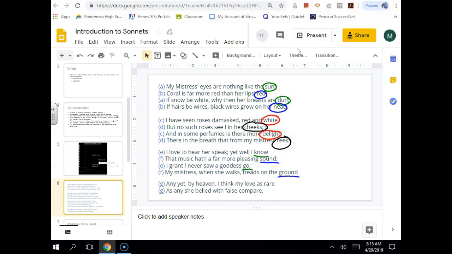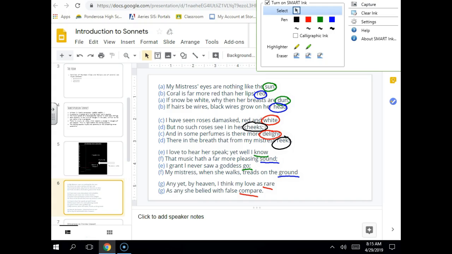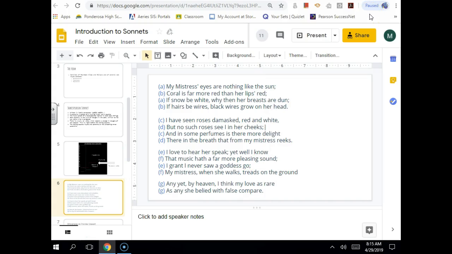Remember, this rhymes. Okay. So, Riley Moon. Rare and compare, or do they rhyme? Yeah. Okay. Is it a new sound? Do you see anything that has the air sound? No, so it's going to be a whole other letter. Good job. Congrats, guys. Okay. So we've got the rhyme scheme down. It's for sure Shakespearean.